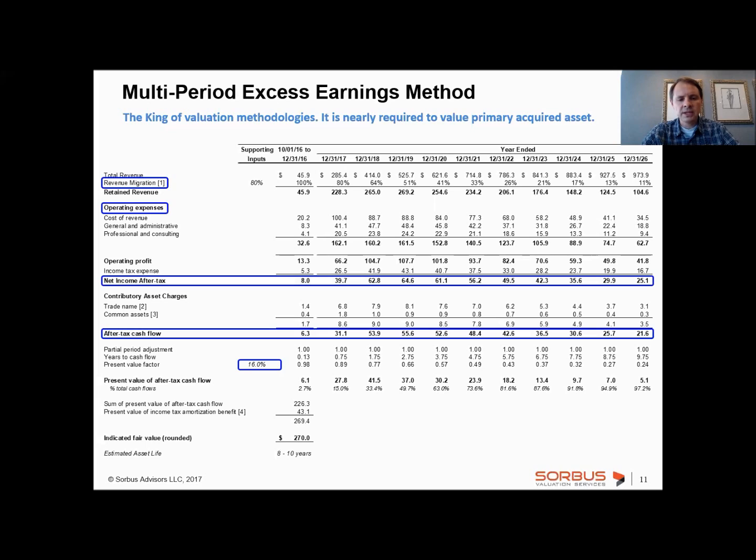Now, once we get to the after-tax cash flows, that's what needs to be discounted. And the discount rate is typically determined based on the implied rate of return. It doesn't have to be exactly the same number, but it has to measure somehow against that implied rate of return. So if we're saying that this intangible asset is generally more risky than the overall entity, then we'll adjust the discount rate upward. And if we say it's less risky, then we'll adjust it downward. Typically, people like to see intangible asset risk be higher than the overall entity, and that works if you have a company with a lot of physical assets.